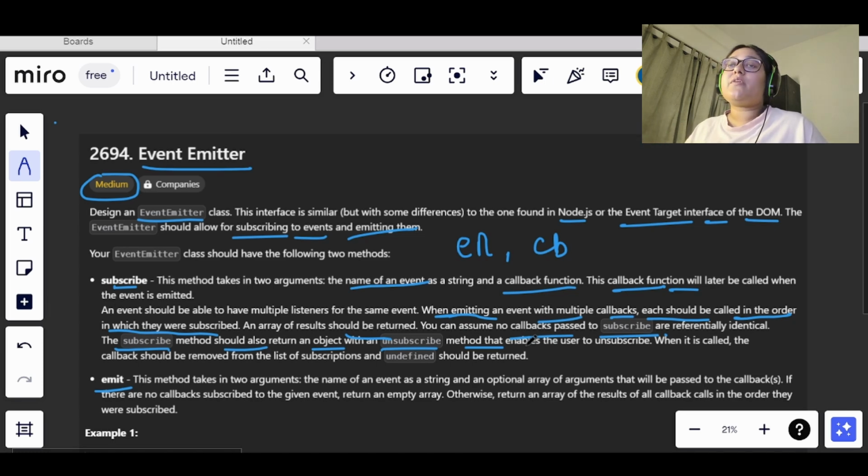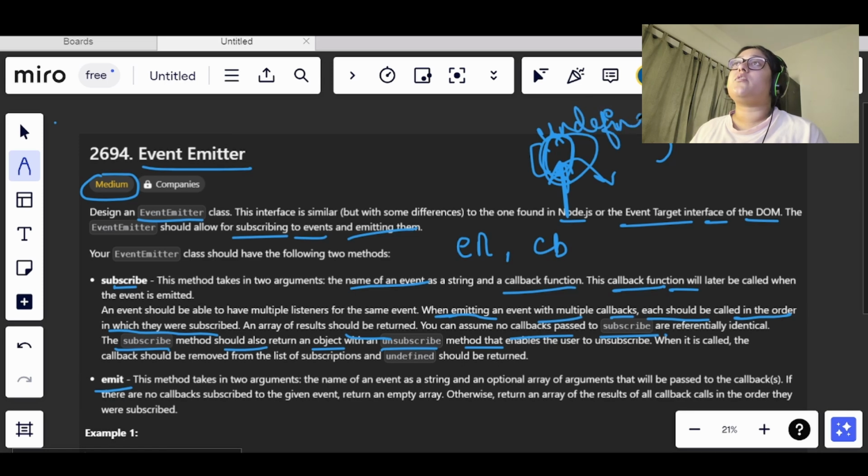When it is called, the callback should be removed from the array of callbacks, from the list of subscriptions, and undefined should be returned instead of that callback.